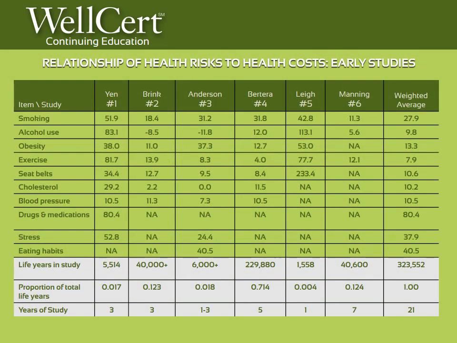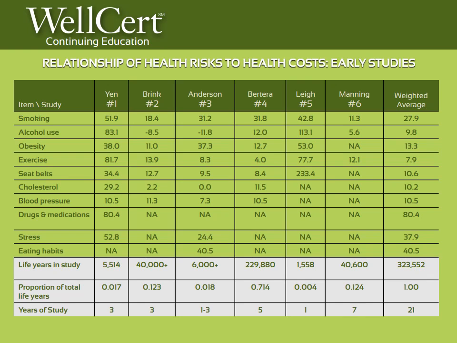Now, this is the relationship of health risk to health costs, the early studies. They're numbered according to what you just saw, so those are the citations. There's 1 through 6. There's a weighted average, and we'll talk about that in a moment. It also takes the item or the study or the risk factor, and it shows you which things have been done. And if you look not at the white area, but at the green area above it, you will notice